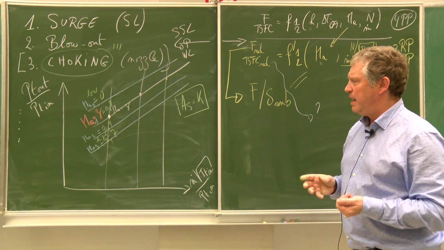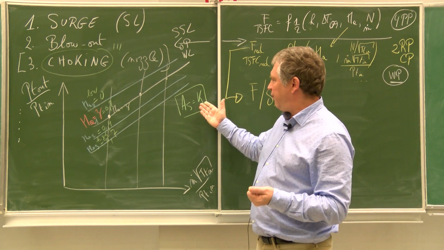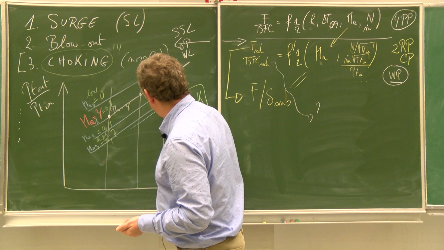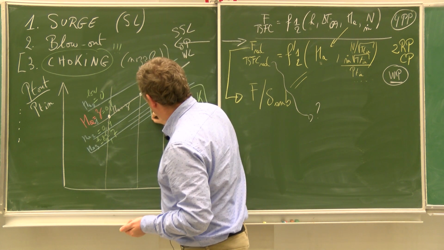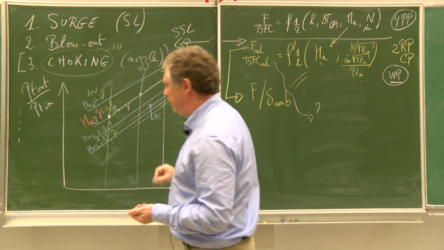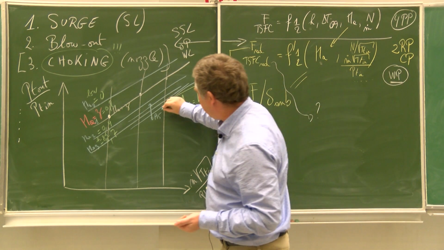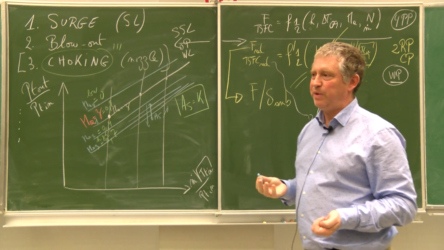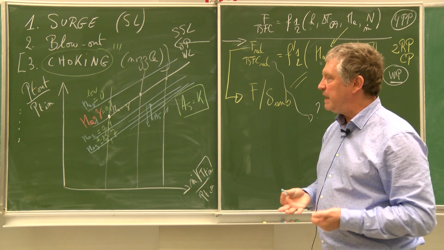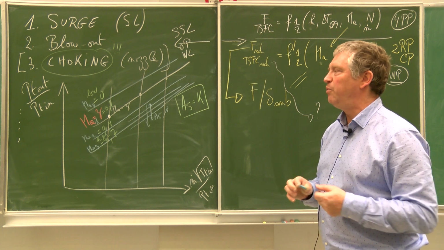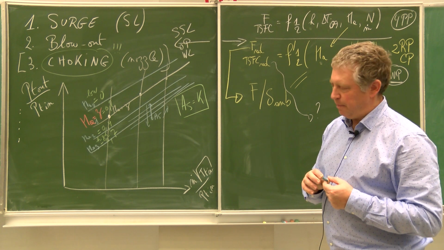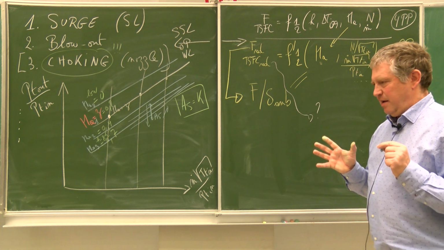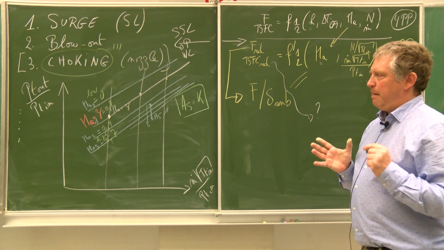because I've indicated yesterday that this is true without variable geometry. If I would have a change of A5 for a given Mach number, I would also have different lines if I change the A5, depending on the value of A5 increasing in this direction. Because when A5 is increasing, I'm reducing the speed, so I'm reducing the thrust, so I'm reducing the pressure ratio in the compressor. And this is extremely interesting, because